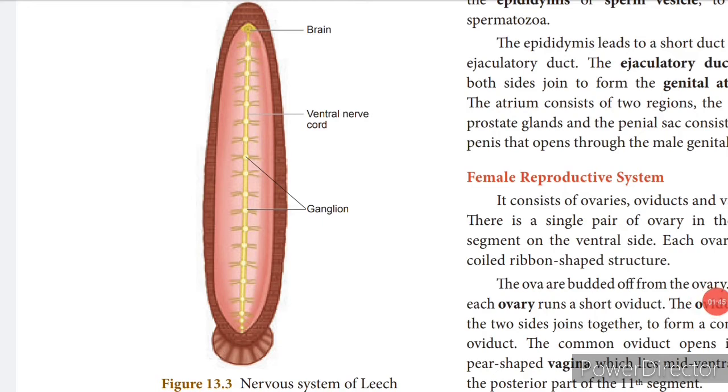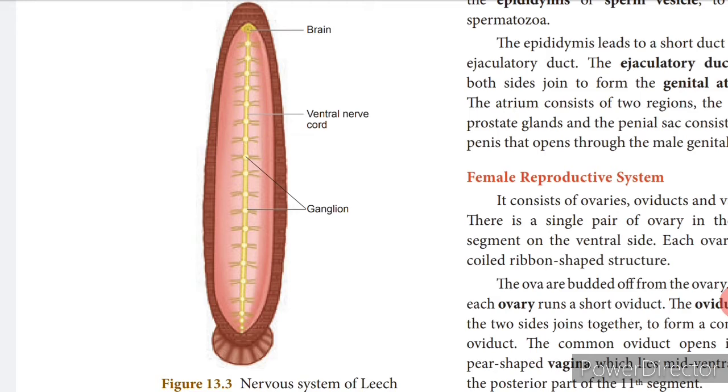And the next comes the nervous system of the leech. Now this nervous system, that is the central nervous system of the leech, has 2 parts. One is the nerve ring, the other one is the ventral nerve cord. Now here in the picture you can see the brain that is located at the top, isn't it, anterior end. Now here you have a cord like structure which connects the ganglion, isn't it? You can see the round structures which are labeled as ganglion and the ventral nerve cord, isn't it? So it consists of the nerve ring and the ventral nerve cord.